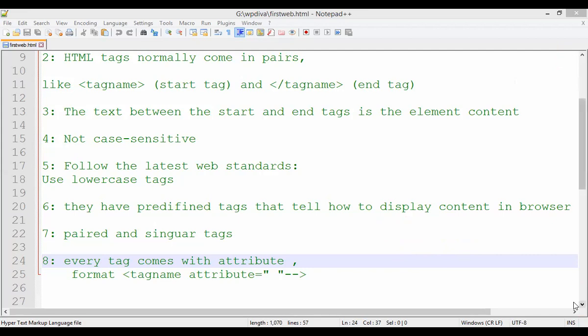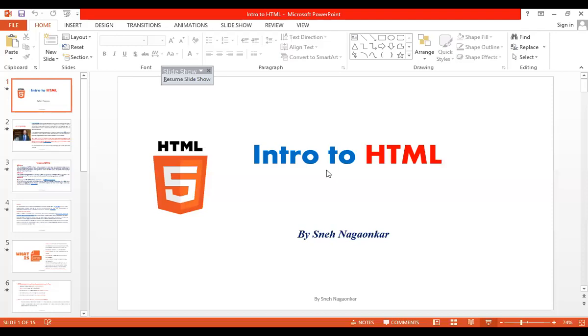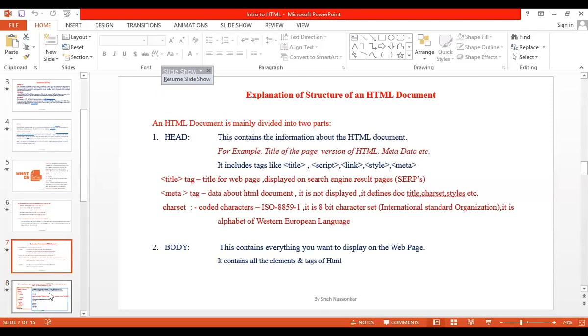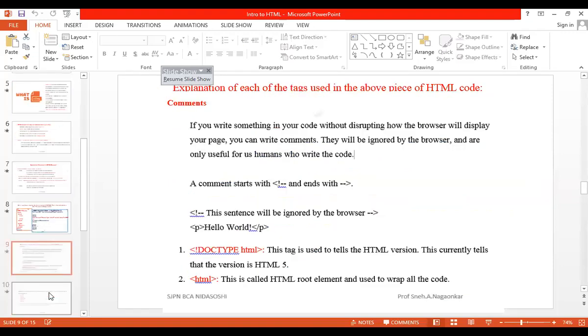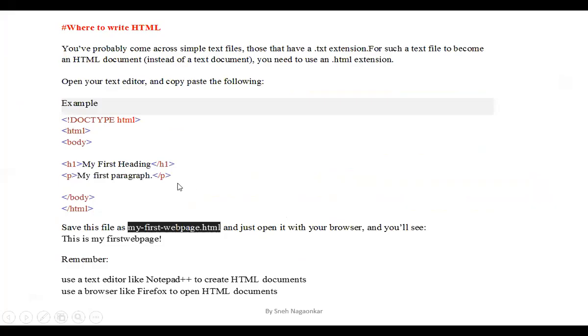Okay, fine. Yes. So now I will again go back to the PPT. So here we will see what I have explained to you. See, so we were here. The explanation should be written like this, start from here. Explanation of structure of an HTML document. Write this structure. Okay, and then explanation of tags. So what we saw here, all the explanation of tags.